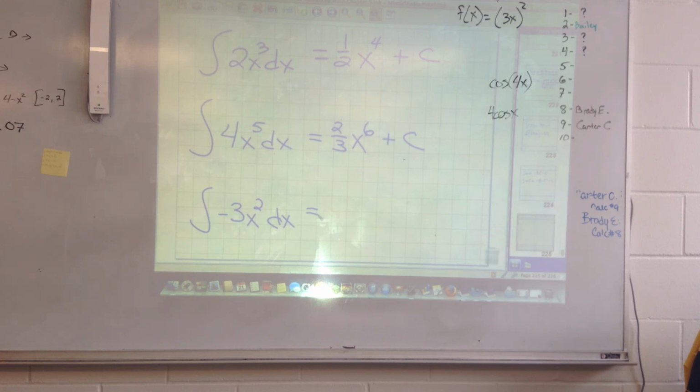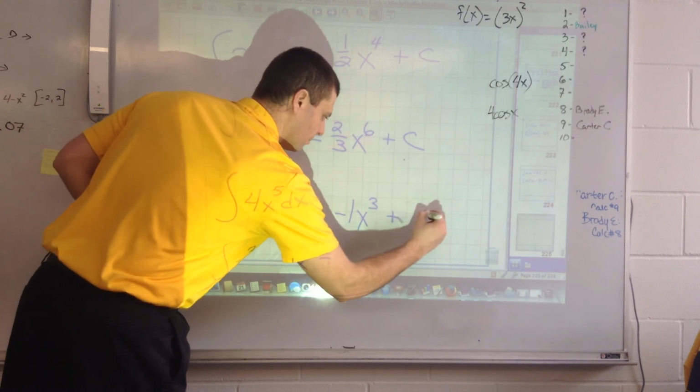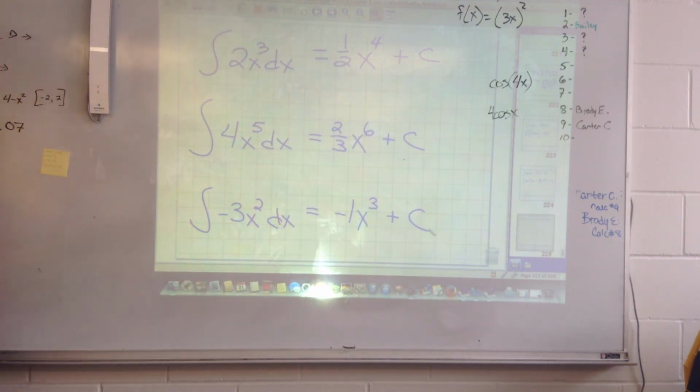Okay? I know that has to be x to the third. I need a -3. So 3 times what gives me -3? -1. X to the third. Can you just make it negative x to the third? Negative x to the third plus c. Yep. Okay? Just a quick thing. If that were a squared, would we want to